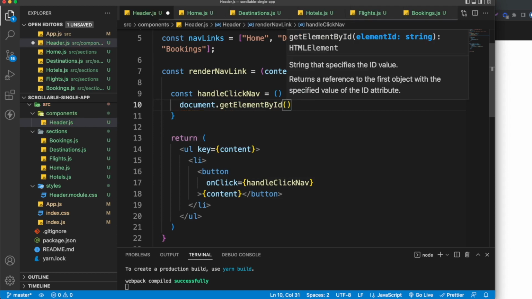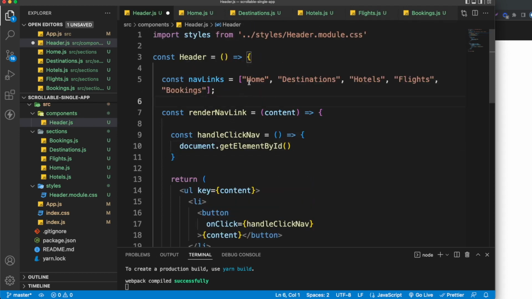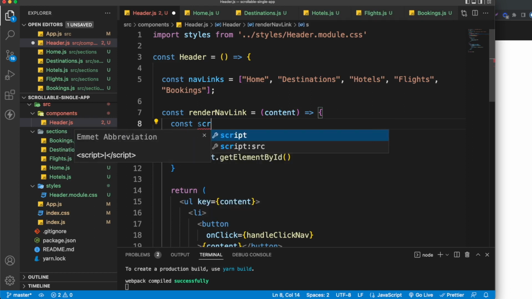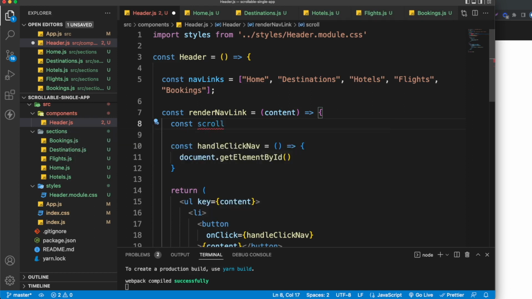We grab the ID. Okay, so here we have this value right in this content, which is home, destination, hotel, flight, and bookings. So now what we can do is I'm going to create a variable called scrollToID, let's say scrollToID, set that equals to